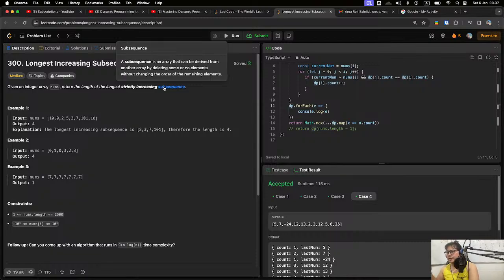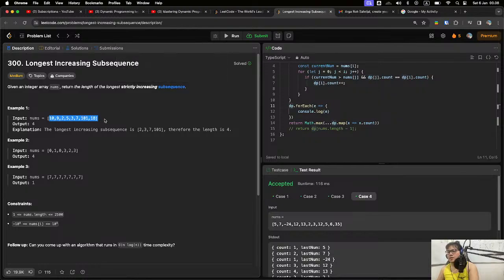It's an array derived from another array by deleting elements of the initial array, but we are not allowed to change the order of any remaining elements.